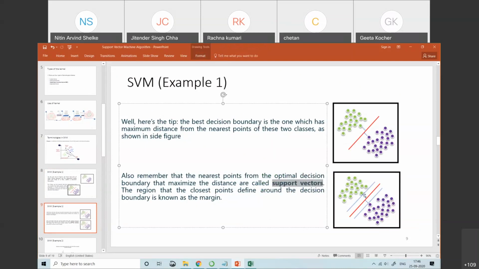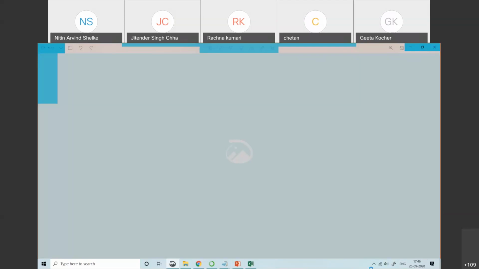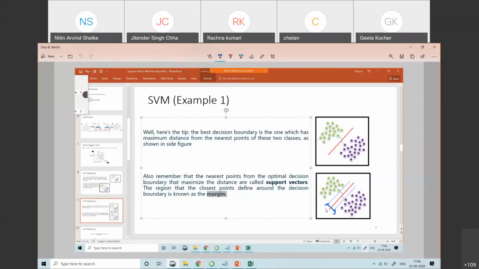So these are your support vectors. And the region that the closest points define around the decision boundary is known as the margin. This part I have already explained to you, right? So this is your margin. This red color line is your hyperplane, and these 2 points are your support vectors. I hope it is clear.